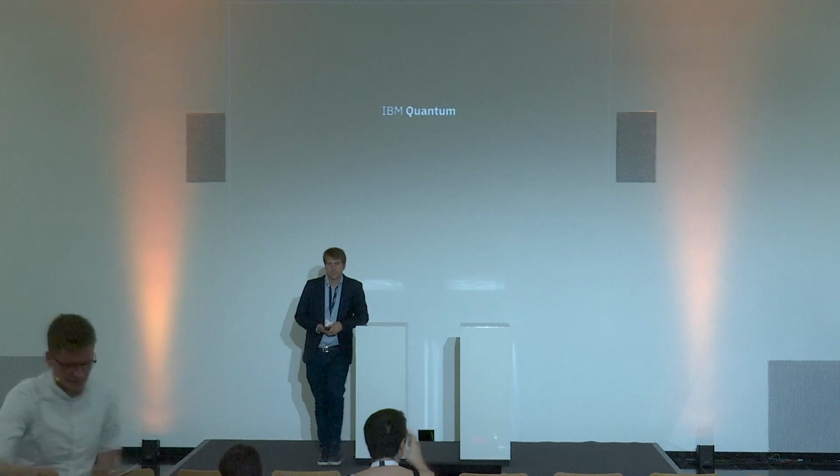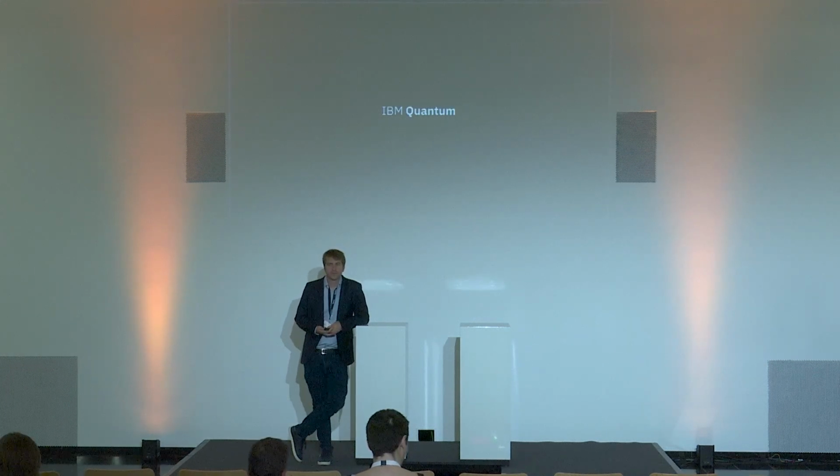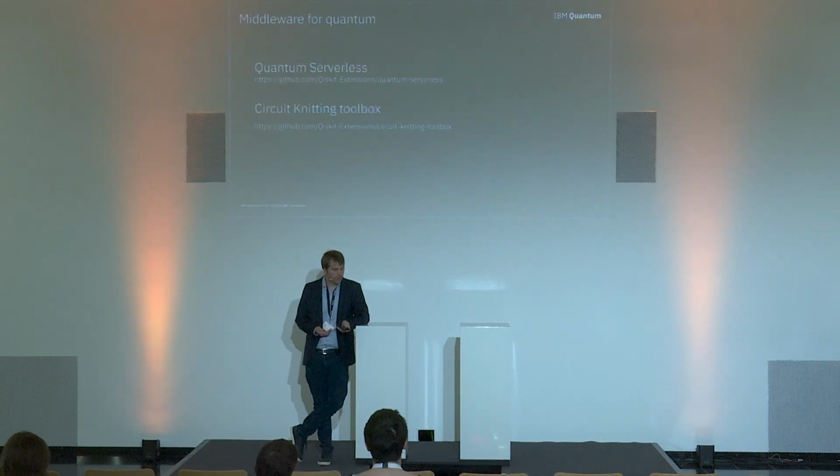Thank you. Hello. So thanks for the talk. It was really interesting. And I'll try to make it not so hard, the first question. So if I pull the last version of Qiskit, would I get all those things, serverless and the circuit knitting toolbox already? If you pull the latest version of Qiskit, if you do pip install Qiskit, you will not get these. You will need to go to Qiskit extensions to install them.